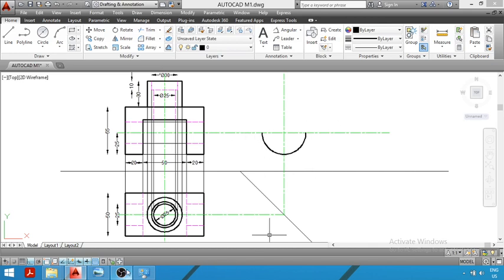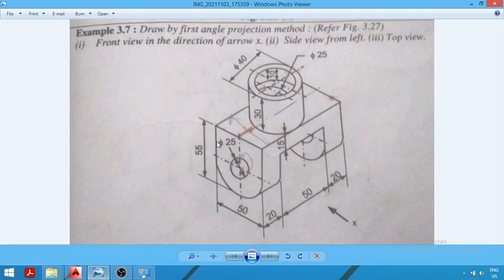Now next, in the next step we will draw this horizontal line. Now you can see this horizontal line. This horizontal line is also of width 50 mm. But for drawing this horizontal line, first we have to project these vertical lines. You can see these vertical lines. Now what will be the length of this vertical line? That is the distance from this point to this point.